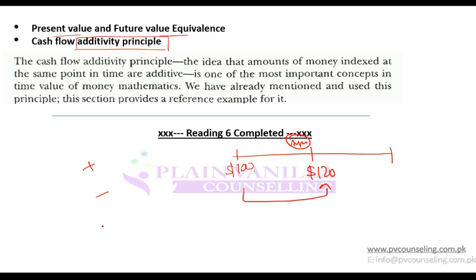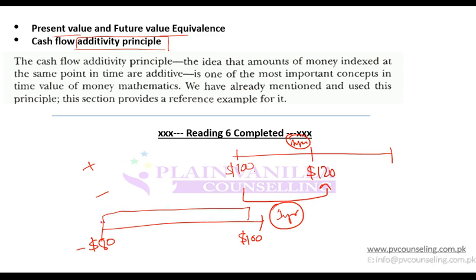Or similarly, if you have to make a payment of $80 as of today, and against this payment you will receive $100 after 1 year, and I ask you what is the net benefit, you cannot say it is 100 minus 80. You will first bring it back, discount it back, and then you will add or subtract it. For two cash flows to be added or subtracted, both should happen at the same period of time. That difference reflects the time value of money, because the value of $80 as of today and $100 after 1 year is different.